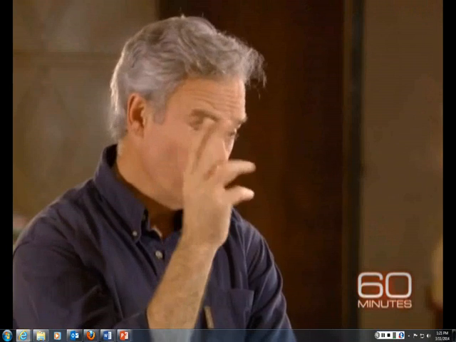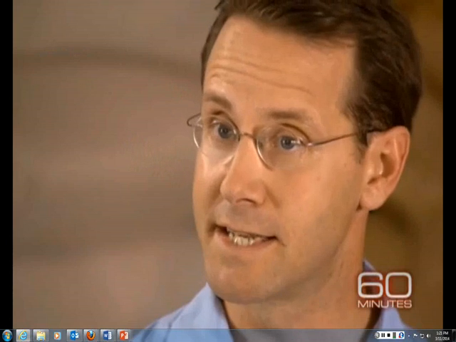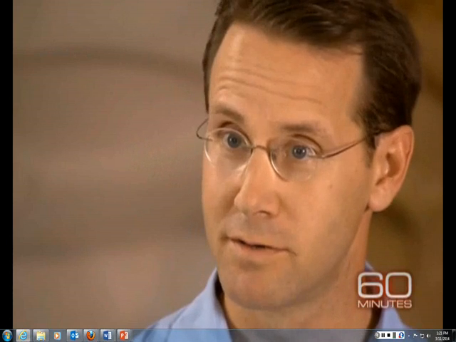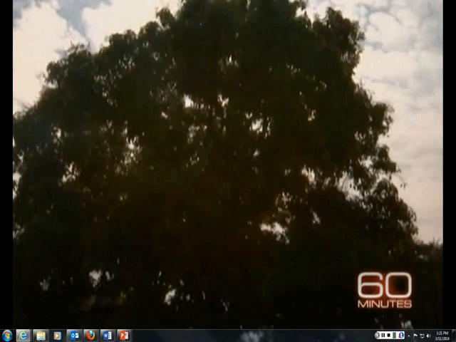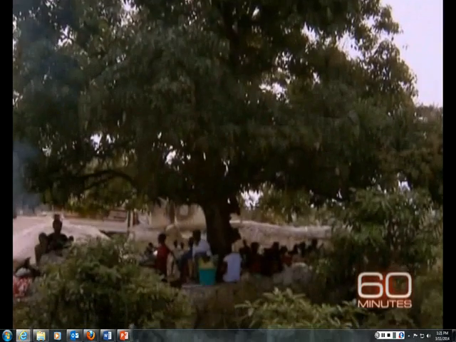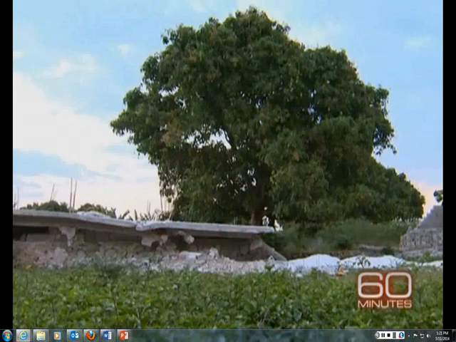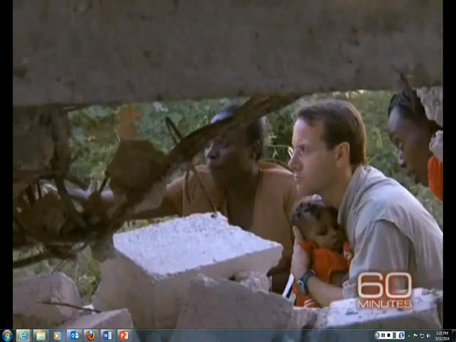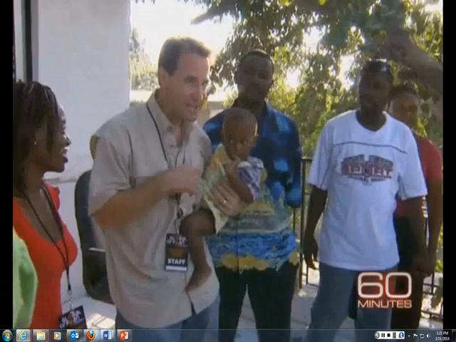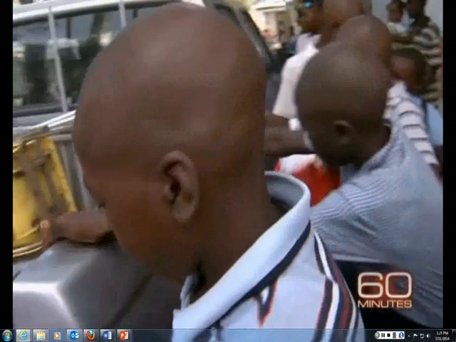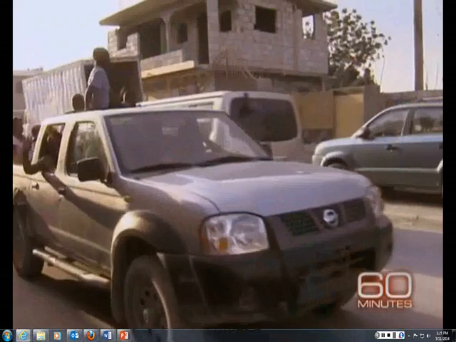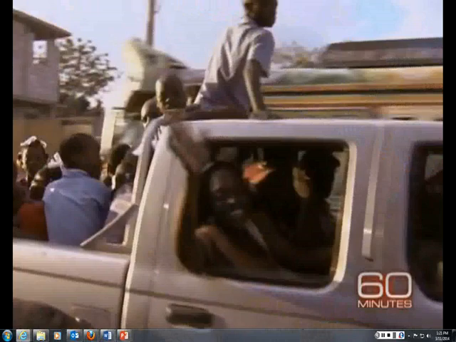They had 1 container of flour for how many? Not a container, a cup. At this children's home, when the quake hit, the kids just happened to be in a prayer service under this mango tree. Their building crumbled. Global Orphan discovered the children. We're really excited to have you come with us. Loaded up the survivors and checked them into an emergency camp that it set up outside the capital.